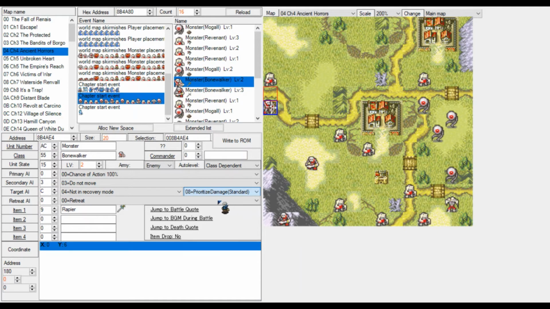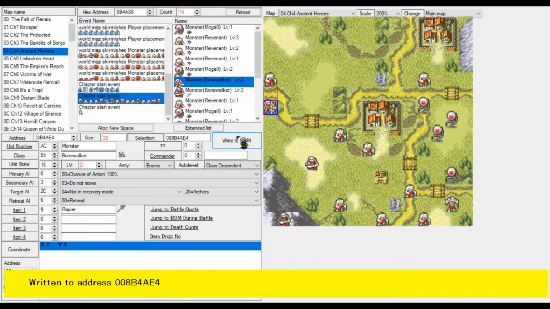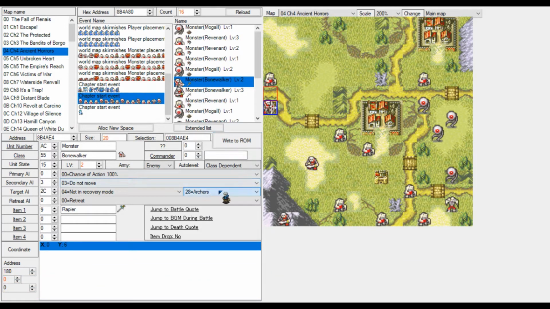This is how a player would play, by first seeking damage and then accuracy. And archers, they will target flyers mostly. They will prioritize flyers. I'll set that to archers. Most enemies use this prioritize damage standard.